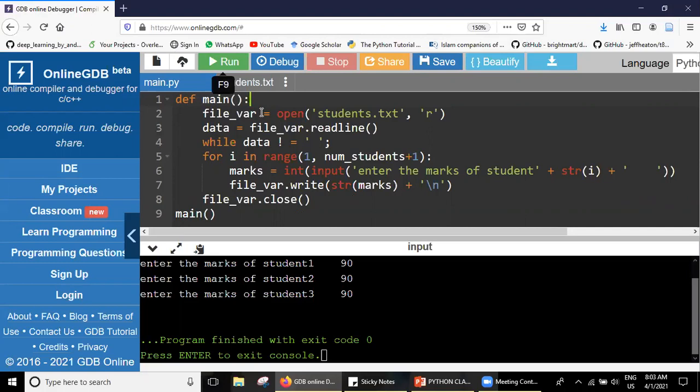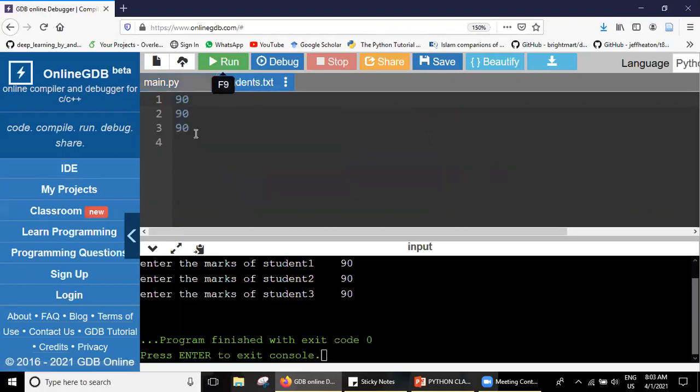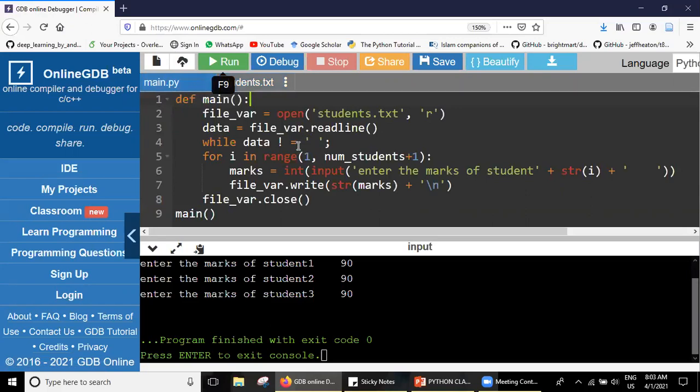It becomes more complicated. But because this is a text file and we have only numbers, and we understood that this file does not have any spaces, the next space is coming only after the end of the file. So we can keep a check of the end of the file.